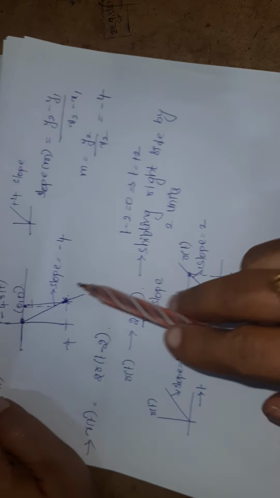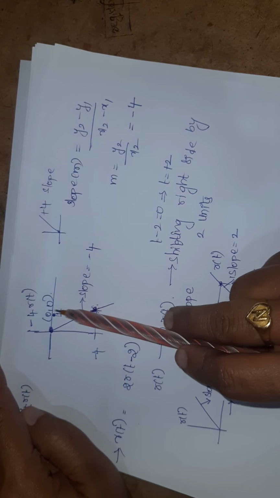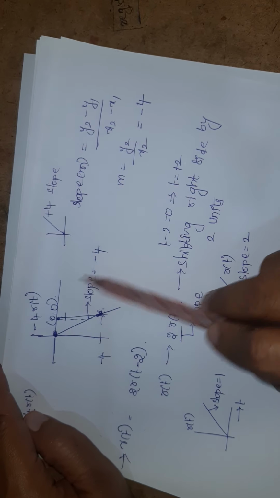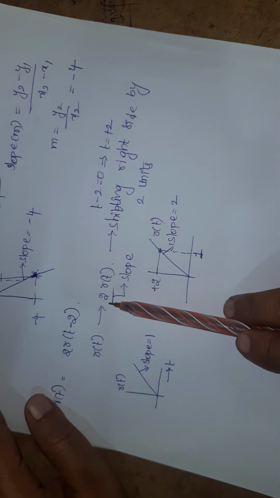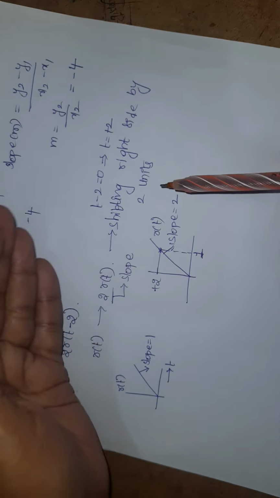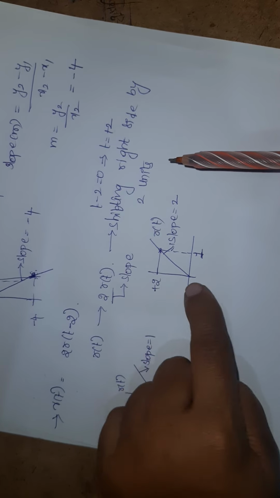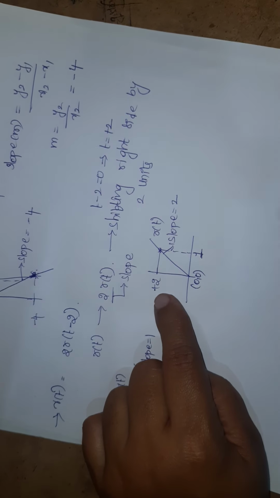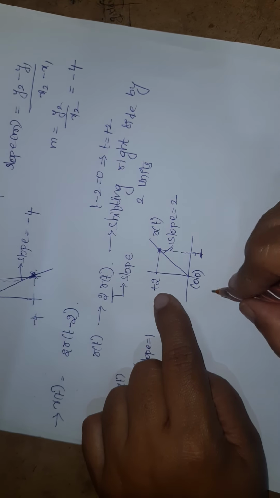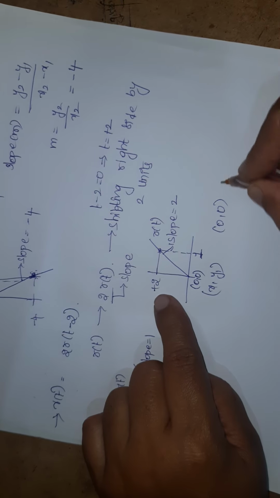Earlier it was minus 4, and you have to consider the remaining value as 1, because the minus symbol is there in front of this r of t. Here the plus symbol is there, so you have to consider the upside of this horizontal. It will give the positive amplitude. So plus 2, and the remaining, because x1 y1 is always 0. Okay, x1 y1 is 0 comma 0.